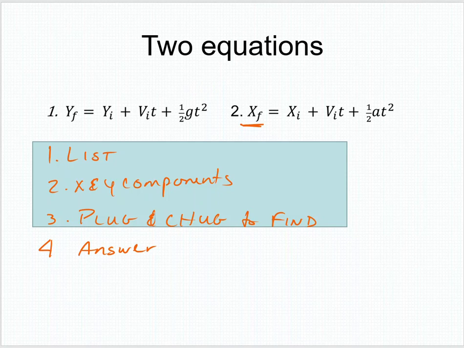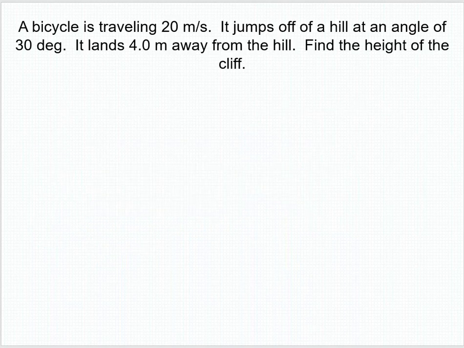So let's go ahead and take a look at our first problem here. A bicycle is traveling 20 meters per second, and it jumps off a cliff at an angle of 30 degrees. It lands 4 meters away from the cliff. Find the height of the cliff. So as I start to make this list,